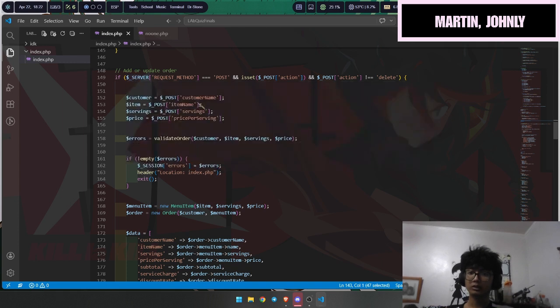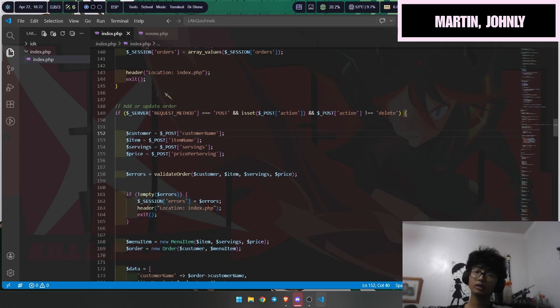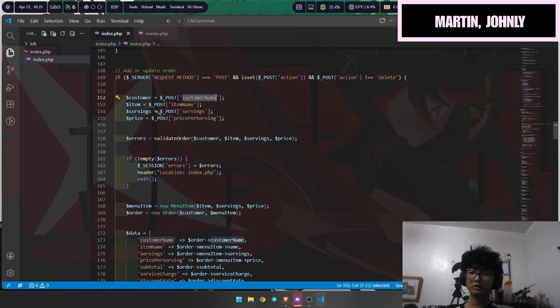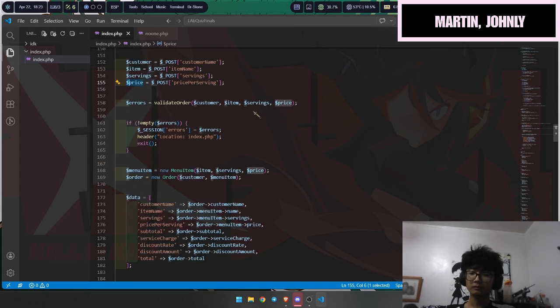Second is this one: if update is clicked, same principle as delete and edit. It stores the name from the input in customer, item in item, servings in servings, and price per serving in price. In the if statement, if there's nothing in the input, it prints the error, the session error.